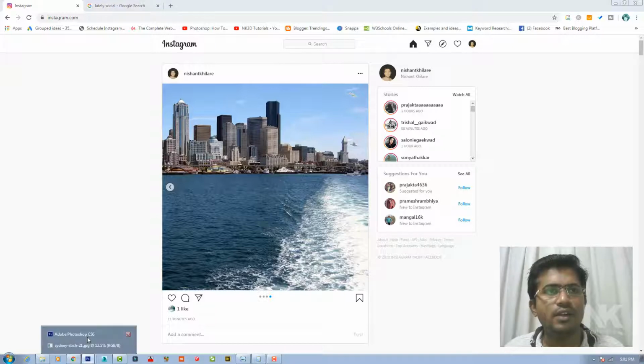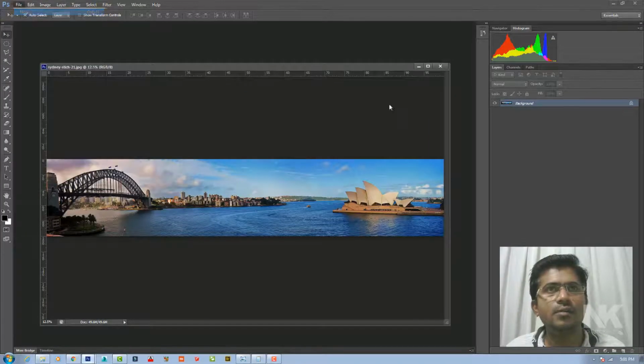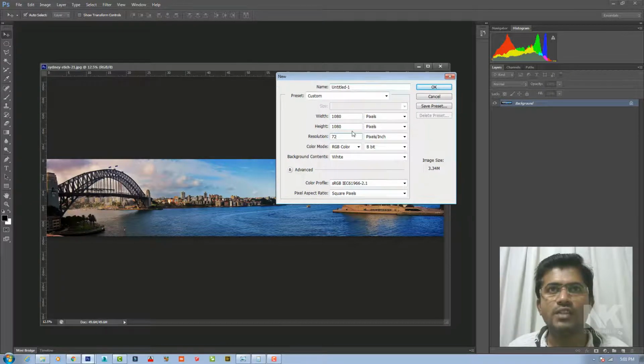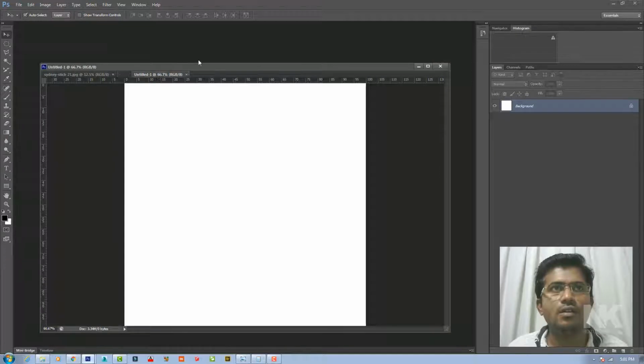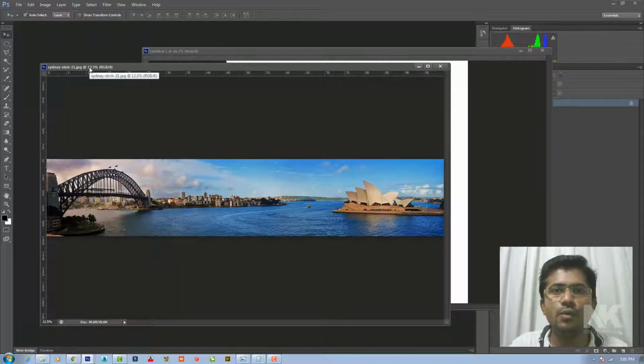For that we will create one new file and keep the dimension square, 1080 by 1080, resolution 72, and the color profile will be sRGB because it is going to display on the screen. sRGB supports screen resolutions. So click OK.